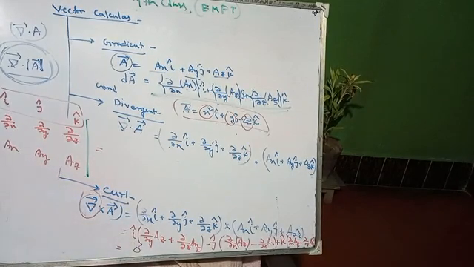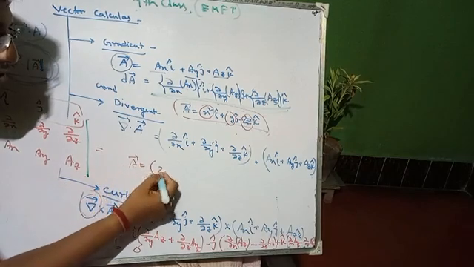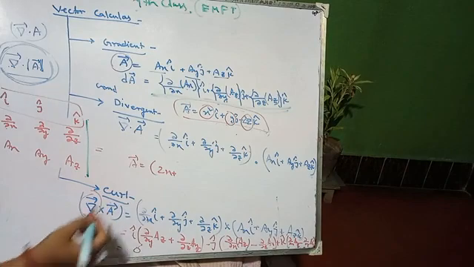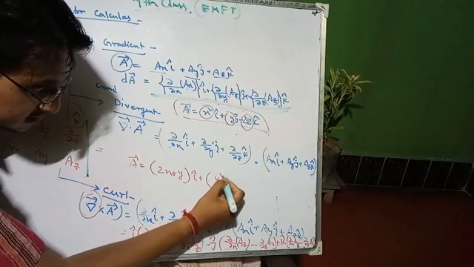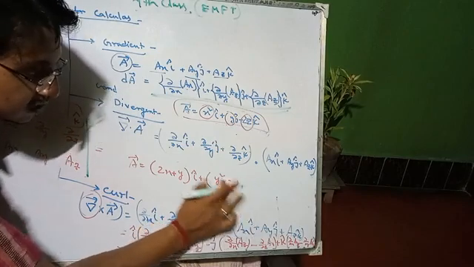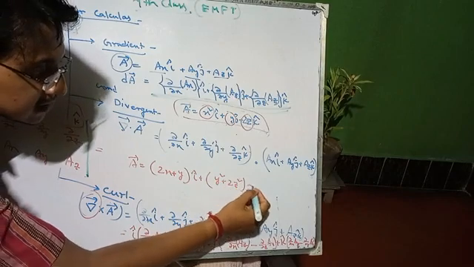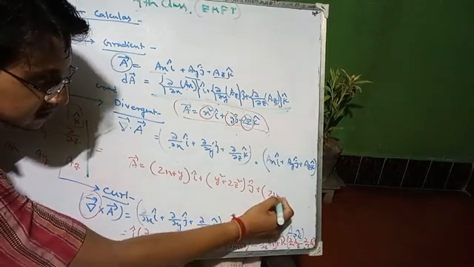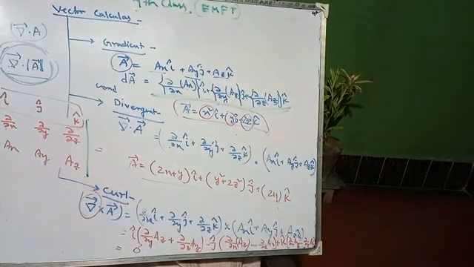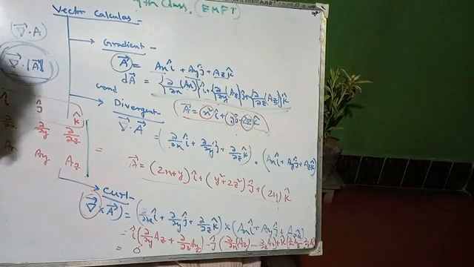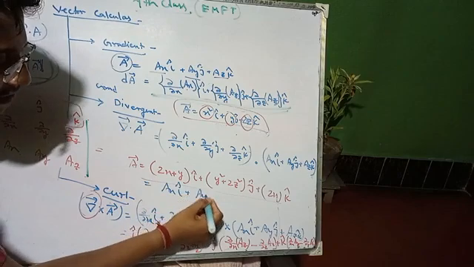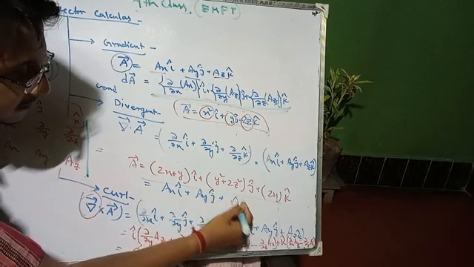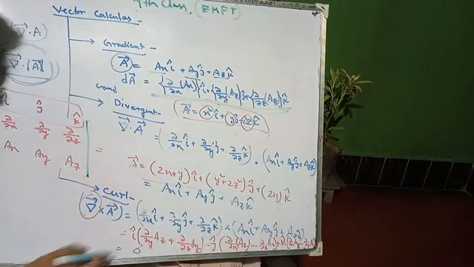But for some other example, suppose the vector equals 2x plus y i cap plus y square plus 2z square j cap plus 2x k cap. If we consider this vector, it obviously shows some result. By comparing, you can write ax i cap, ay j cap, plus az k cap.